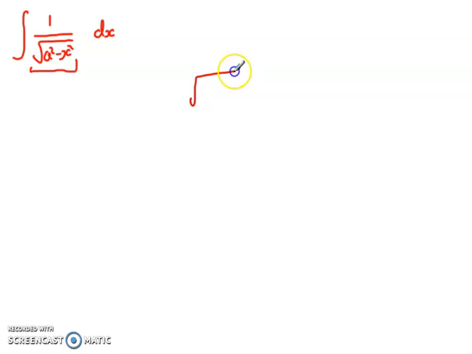case. Let's imagine that we want to calculate the integral of 1 over the square root of a squared minus x squared dx. Now if I take the square root on the bottom, let's focus on that to begin with, and I factorise a squared out from both terms, I get the square root of a squared bracket 1 minus x over a all squared. What I can then do is separate this, and I know that that's then the square root of a squared times the square root of 1 minus x over a